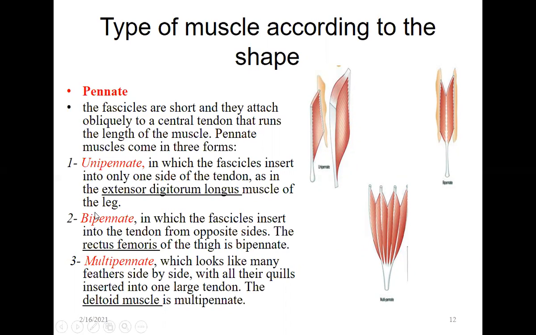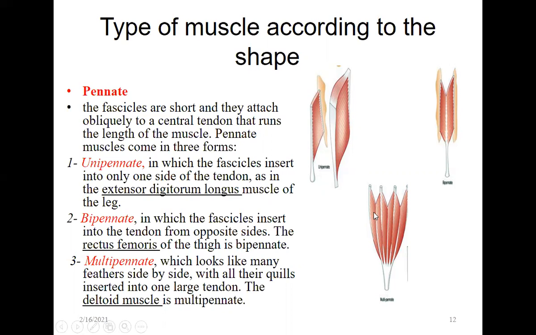We'll study these muscles later. For now you should just know how they are arranged. This is called unipinnate. Here also you can see all the fibers are coming in one direction. Bipinnate means, bi means two, so there are two sides. So they're called bipinnate. Multi means many. If you see here, one direction, two, three, four, five, and six. So this is called multipinnate. If only one side, unipinnate. Uni means one, bi means two, so two directions.